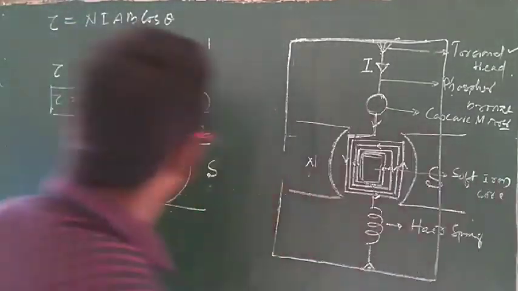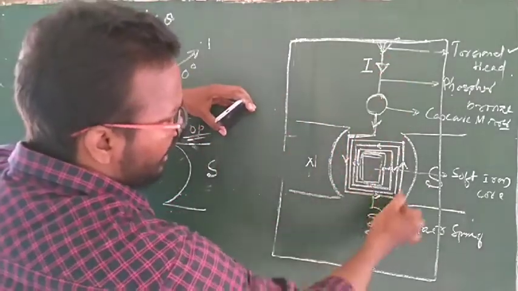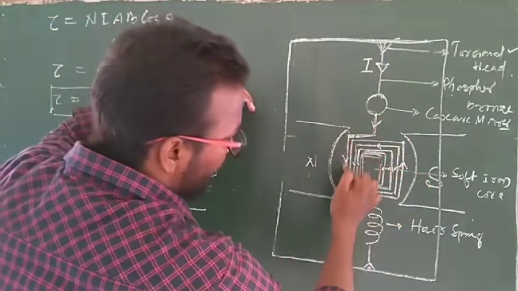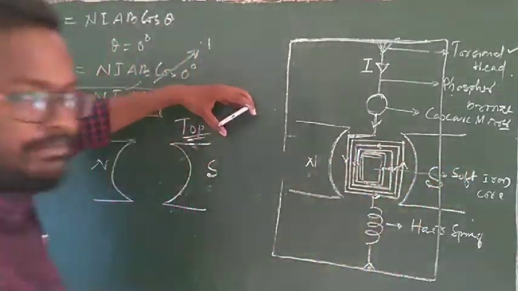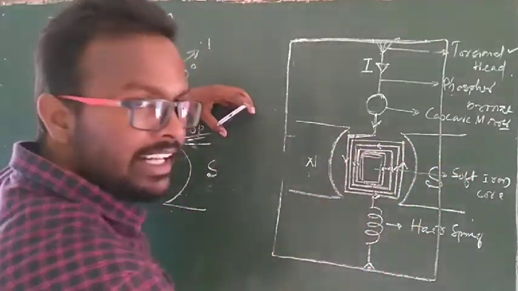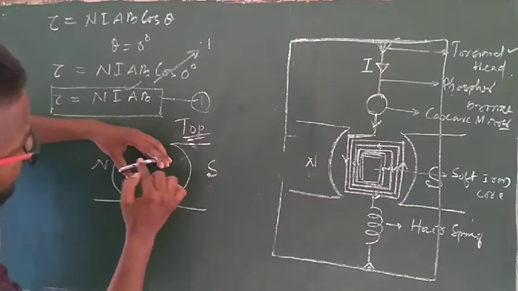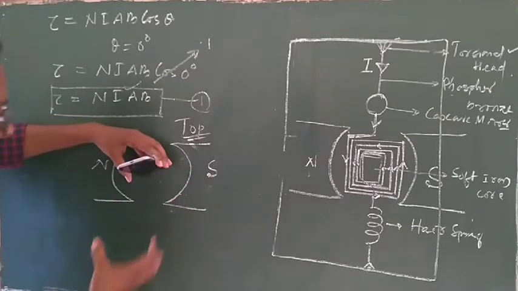Okay. Now, if current flows through the wire, and this wire makes a closed loop inside a uniform magnetic field, and the magnetic field is radial, that means when current flows through a rectangular coil or any loop,